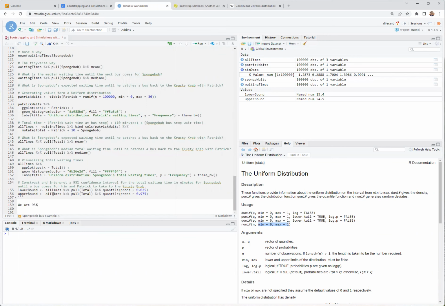So we are 95% confident that SpongeBob in total will wait between, I haven't used inline R code in a while, but you do single backticks on each side with a lowercase r, and then you can put R code in here. So we'll wait, and then we'll use the round function to round it to 2 decimal places. We'll wait between blank and blank minutes